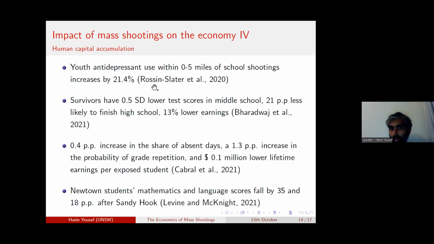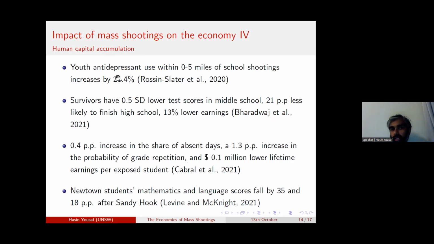So for example, Rosen Slatter in 2020 find that where mass shootings occur within 0 to 5 miles of schools, there is an increase of 20% in youth antidepressant use. So this is a pretty stark result, and this number is pretty high compared to areas where mass shootings don't occur. And this shows that these youth are trying to overcome this